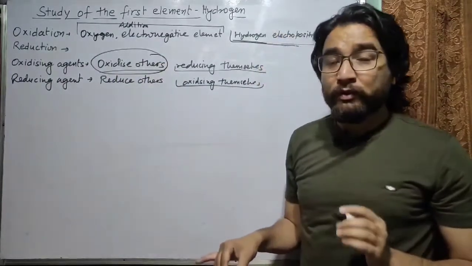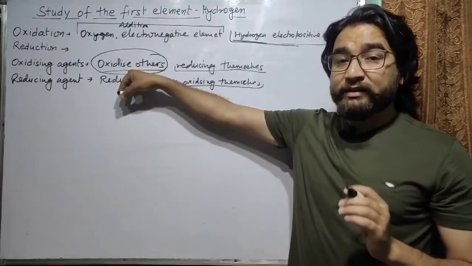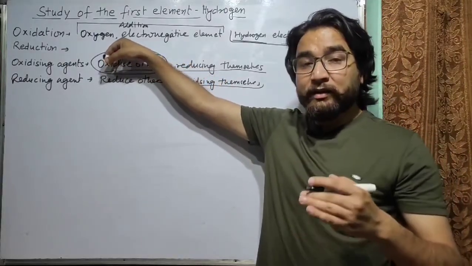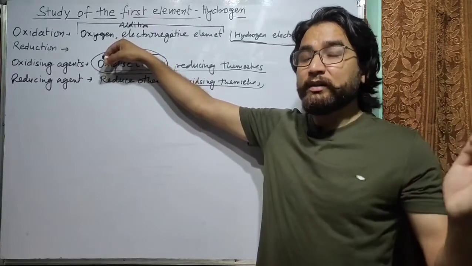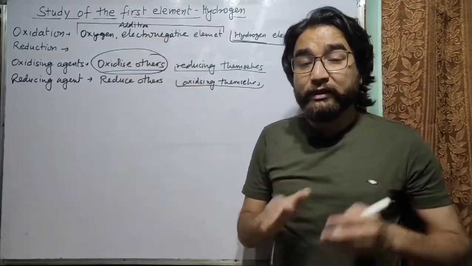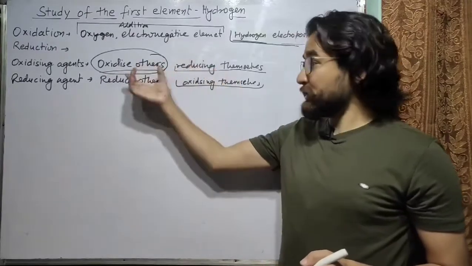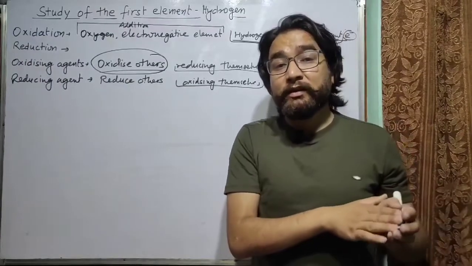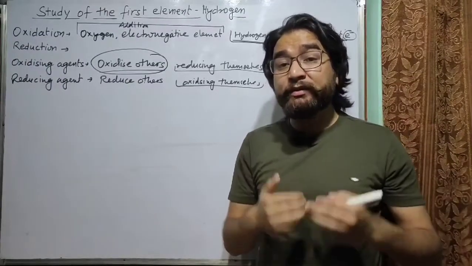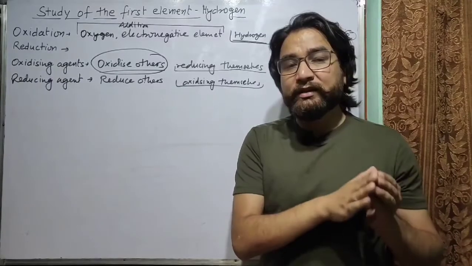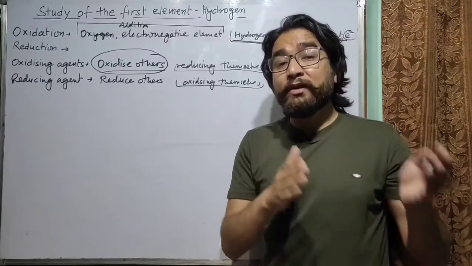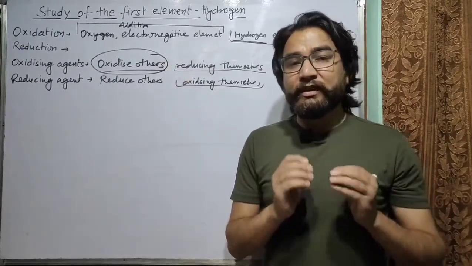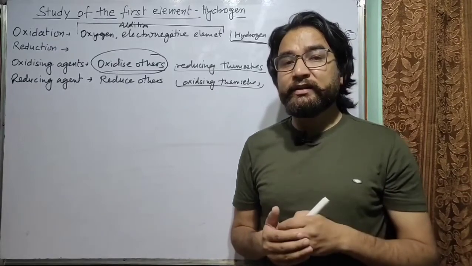While doing so, the oxidizing agents will either lose oxygen because they are giving the oxygen to the other elements, or they will lose an electronegative element. It means they are undergoing reduction. So remember, oxidizing agents will oxidize others. Oxidizing agents will never oxidize themselves, but oxidize others. Similarly, reducing agents will reduce others while oxidizing themselves. So let's see some examples. From there it will be clear what is oxidation and reduction.